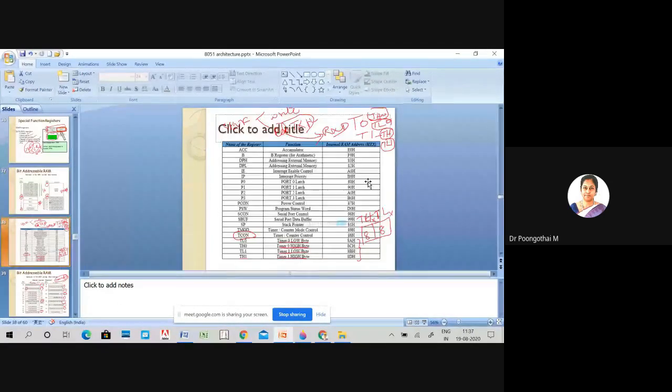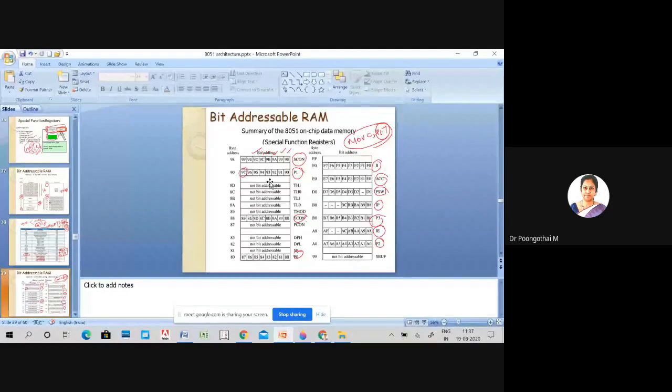These are some of the special purpose registers, and some of them are bit addressable registers. Bit addressable means we can access the individual bits of the special function register. SCON, all your IO ports, TCON, PSW, accumulator, B register, interrupt priority register, and interrupt enable register are bit addressable registers. The remaining addresses are byte addressable registers. We can access these registers by using their address. For example, TH1 can be accessed by using 8D.